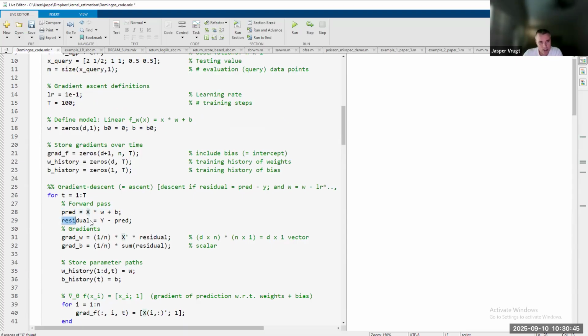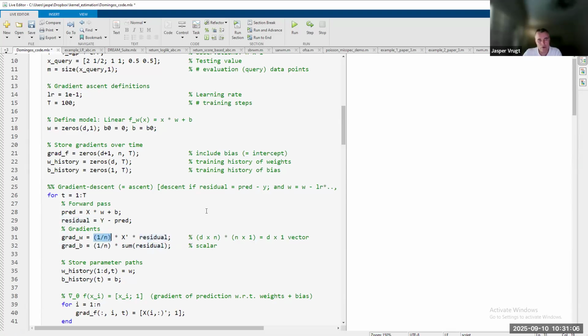Then I calculate the residual, and now I determine the gradient with respect to w, the weights, and the gradient with respect to the intercept. But that's 0, but it's just there. This is math. You can derive this analytically, that this is how you have to do it. So once you have your residual,